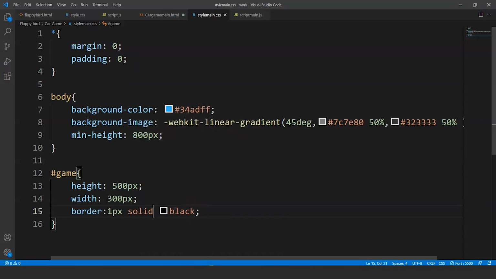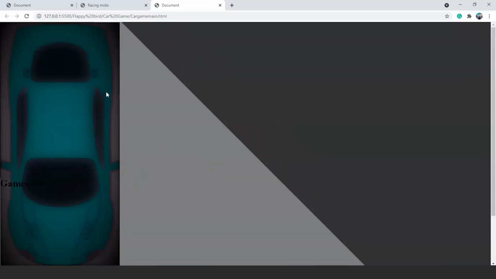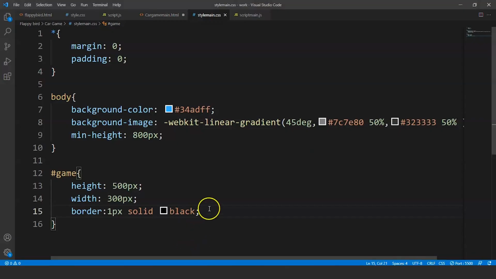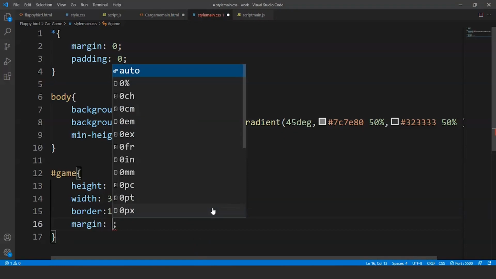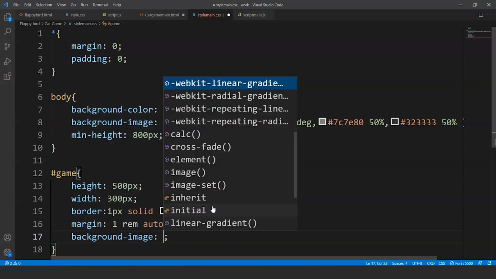Fine, save it. You can see over here. So we can't see anything for now. So let's style this first completely. What we'll do is we'll write here margin. So the margin will be 1 rem auto. Now right here we'll write background image.